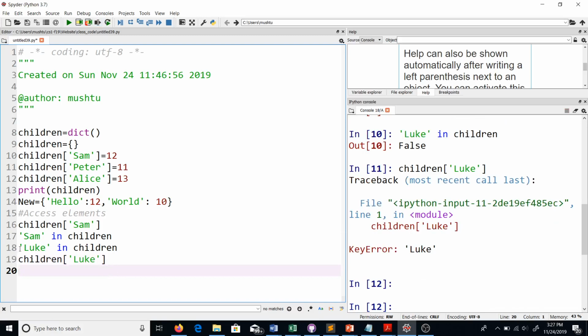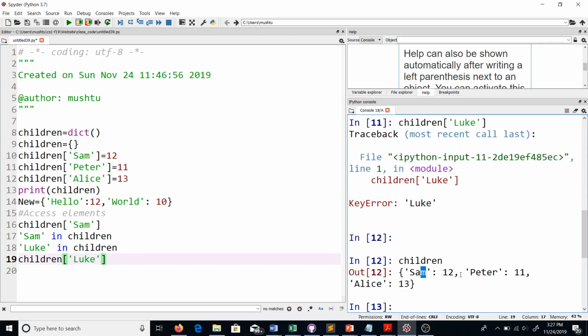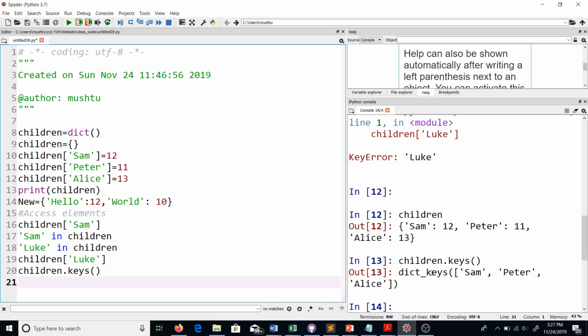So a better way to actually access keys in my dictionaries is by using this in method, right? Now, as I said, for example, let me print my children dictionary again. I have these keys and values, and so on. Every key is the student name and the value is the child's name and then the age, right? I can get an output of only the keys by doing the name of the dictionary, which is children dot keys. This will give me only the keys, as you can see,